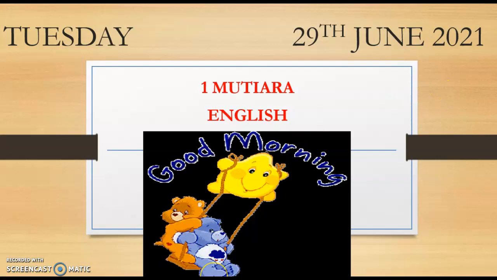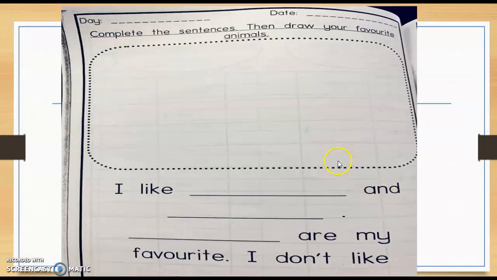Okay, so today is Tuesday. Tuesday, Selasa, 29 June 2021. 29 hari bulan 6 tahun 2021, and our class is Wan Mutiara and the subject is English. And first of all, good morning everyone. Okay, selamat pagi. Okay, so today, I want you to answer